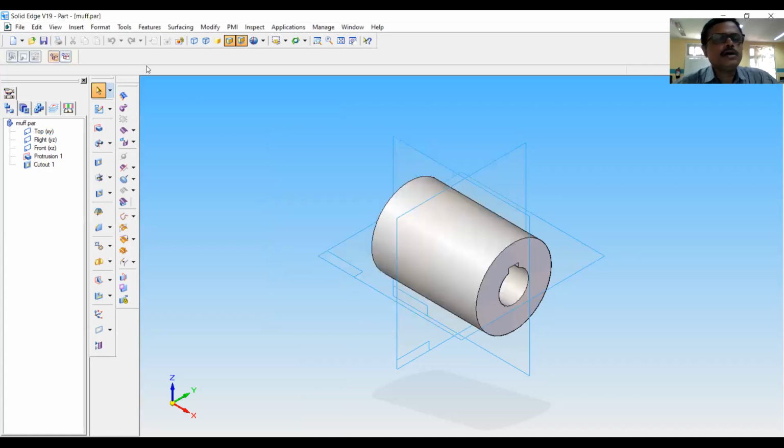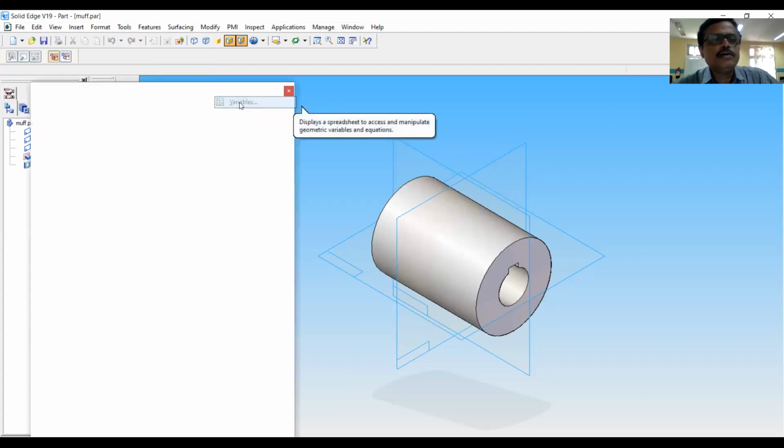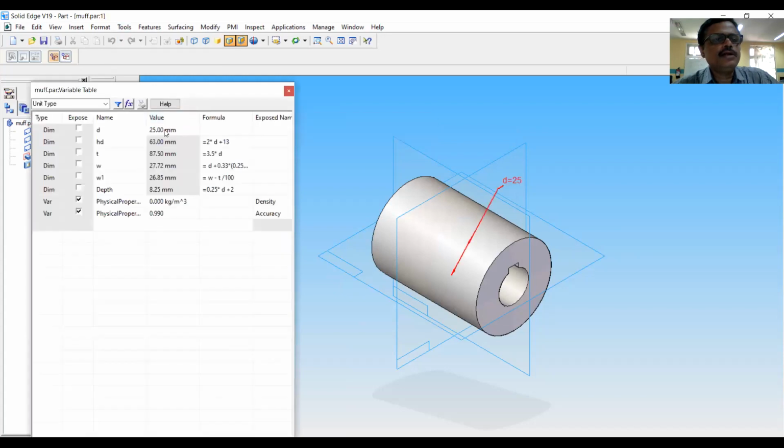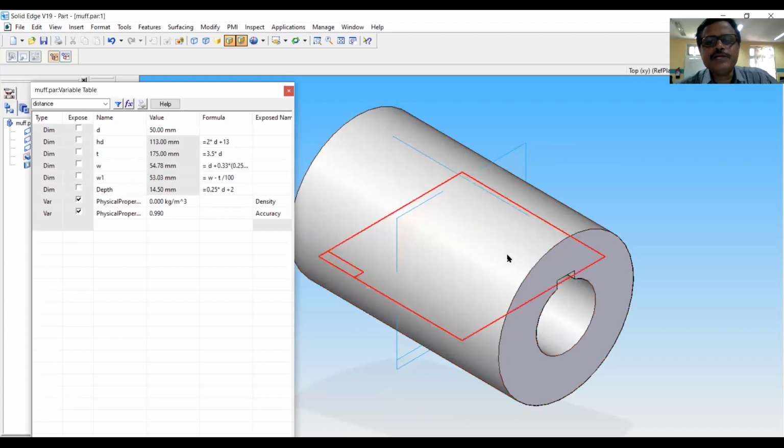See, once you have done the modeling with the help of equations, it is very easy to change the model by changing the diameter of the shaft. I will show that if you change the diameter of the shaft here, say 50 mm, all other dimensions, that is HD, T, everything will change automatically. You can see the model has also changed accordingly.